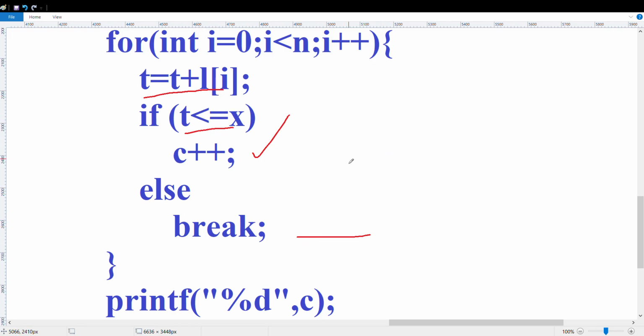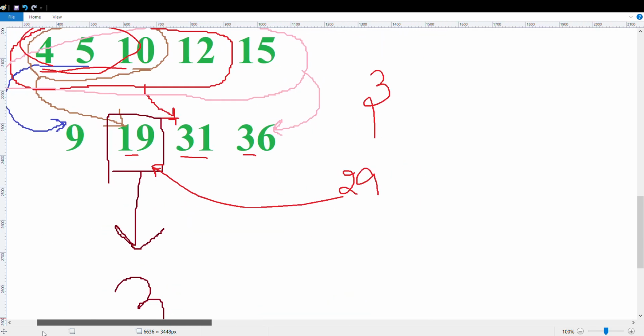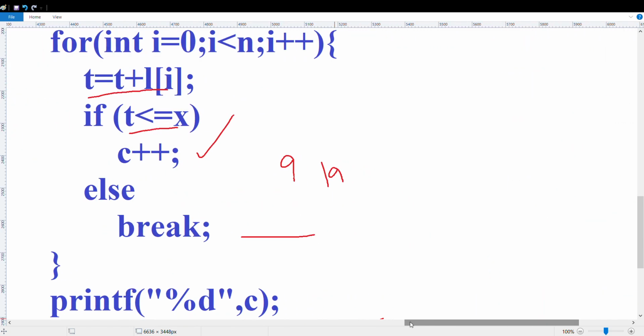So in the previous case it was 9, 19, 31 and 36. Here 9 was the sum of two numbers, and this was the sum of three numbers, 4 and this 5.